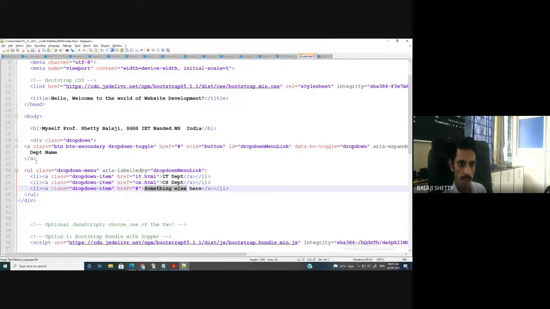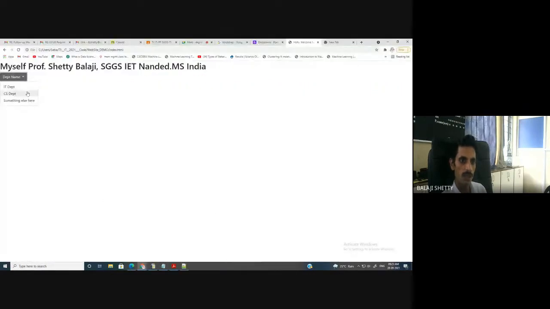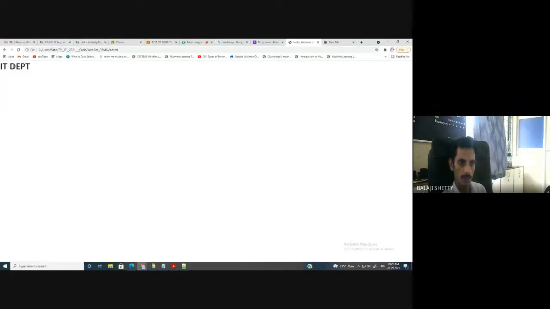I have not made any changes here. This is list index. This is another list. Ending another list. List index. Ending list index. That's why here you are getting in this way. So when I click on IT department, you can see IT department page. When I click on CA department, I get CA department page.